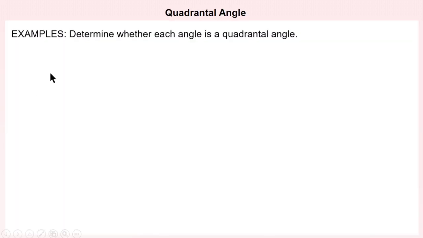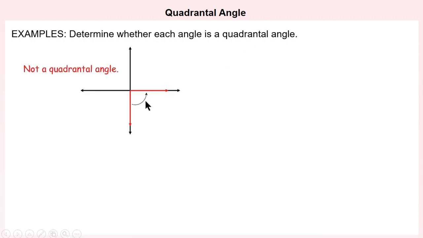Examples. Determine whether each angle is a quadrantal angle. This is not a quadrantal angle. It is not in standard position. Although the terminal side lies on the y-axis, the direction of the arrowhead is not pointed at the terminal side. But if the arrowhead is in this direction and the terminal side lies on the y-axis, then this is a quadrantal